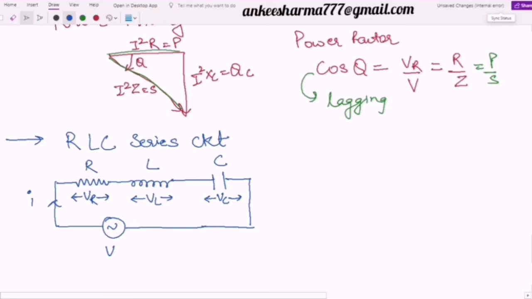So if you look here, if I apply KVL over here, just understand it. KVL states that the total voltage V must be equal to the sum of these three voltages. So it is equal to VR plus VL plus VC. These are the three voltage values. And if I assume the total combined impedance of this RLC circuit as Z, then can I say the current into impedance Z must be equal to the total voltage. So I will write here I into Z is equal to, what is the current flowing through this resistor?